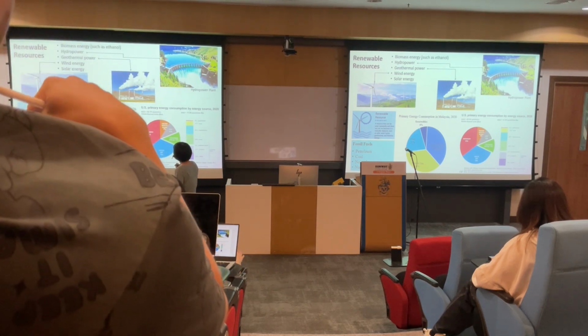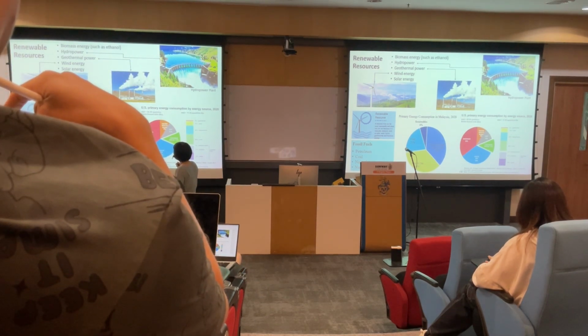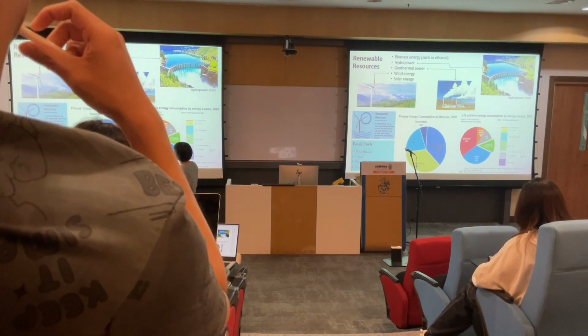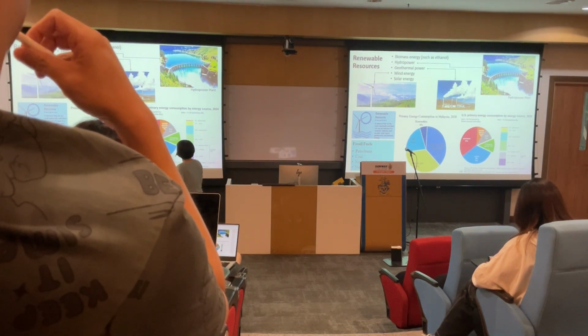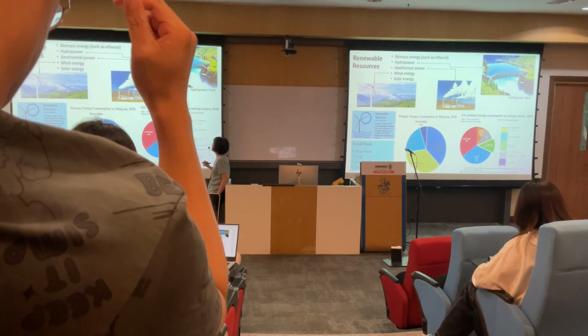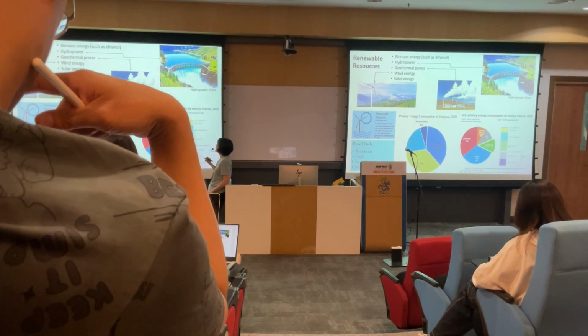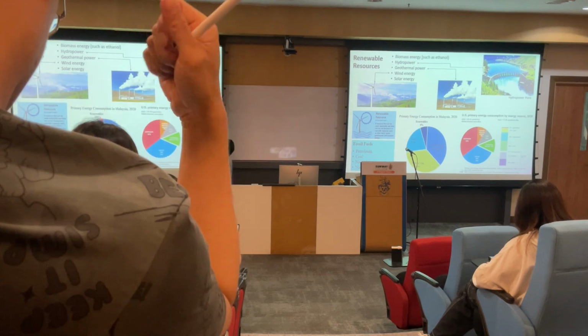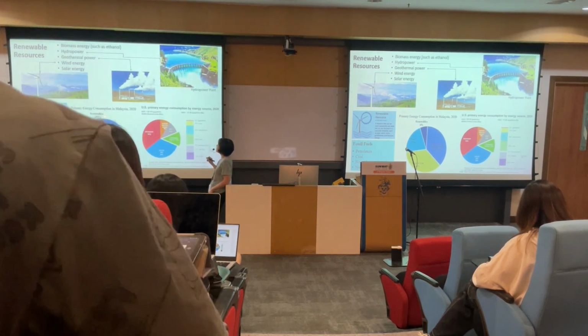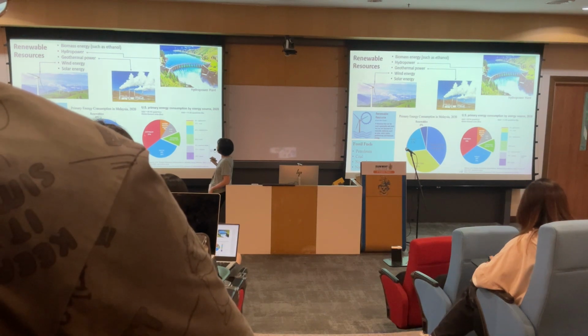The coal that we still rely on a lot, 21%. Natural gas, I believe Malaysia produces natural gas, that's why the usage is also high. And only 6% is our effort to develop this kind of renewable resources,